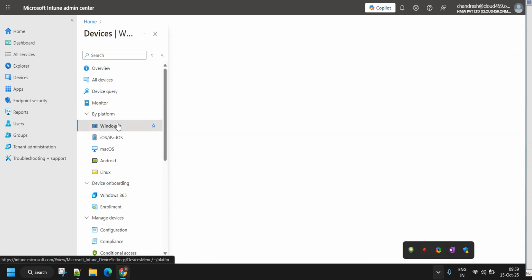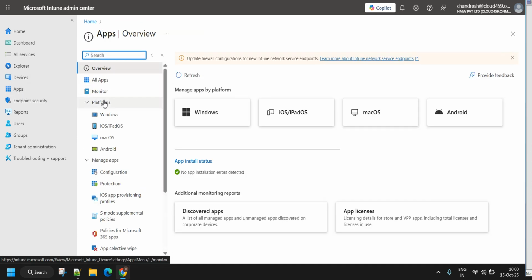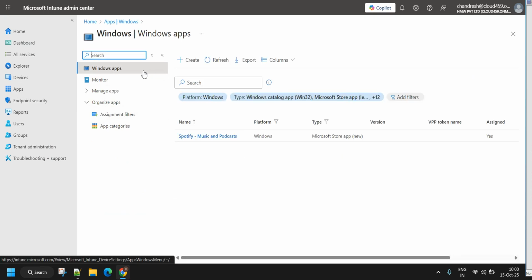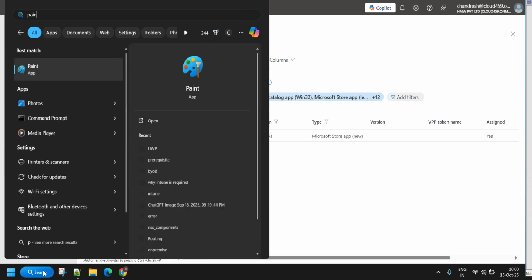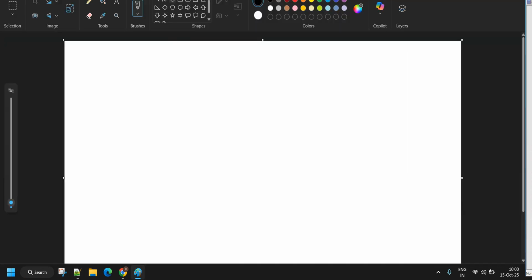Now here when I click on platform Windows, it would ask me to have the device here. Now when I go to apps on the left hand side, it will ask which platform you want to enroll this device for. If you are following my playlist, you would have seen that I have registered a Spotify music app in my Windows 10 device. Now I will enroll the other app, which is a legacy app, in our